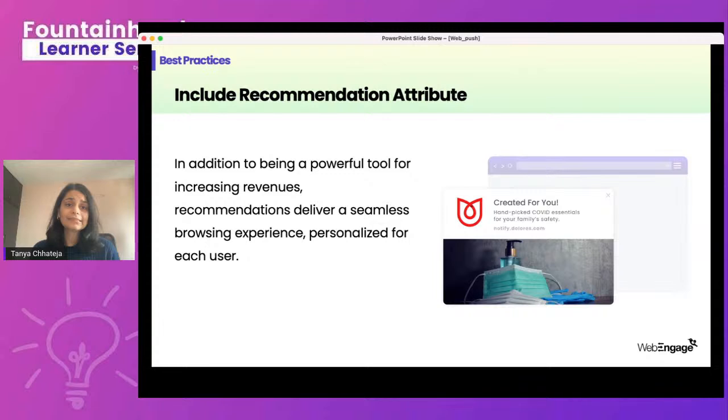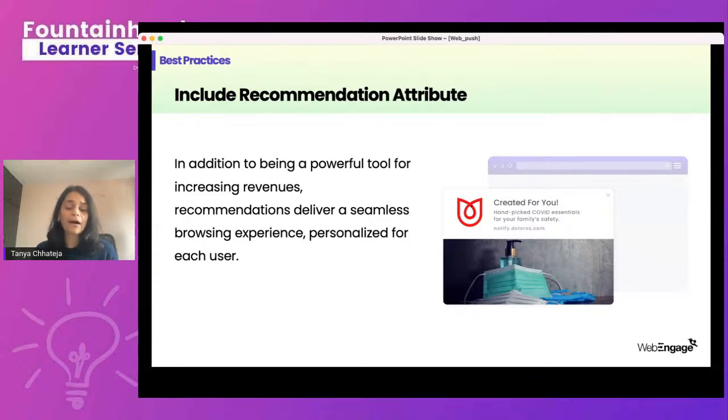Another best practice is that you can include recommendations in your message. Why this is helpful is that recommendations are personal to each user and they would change from user to user. It's important to send recommendations; let's say if a user purchased bags, then you would want to recommend similar items or complementary products along with the item that was purchased.